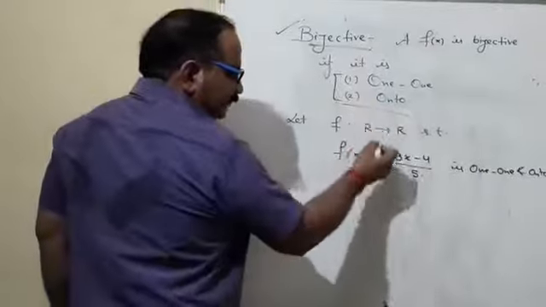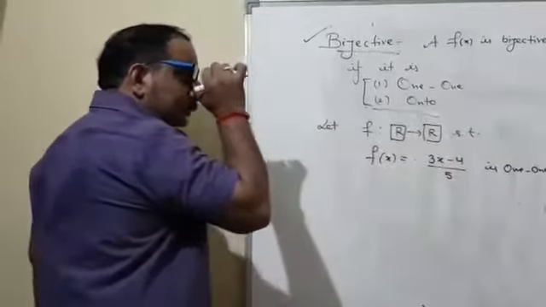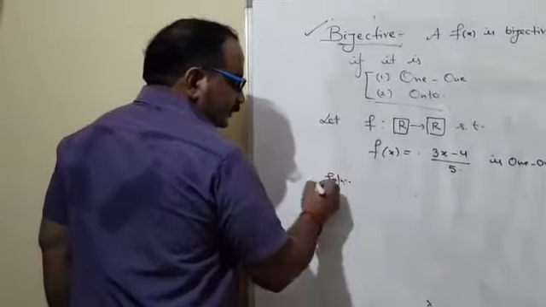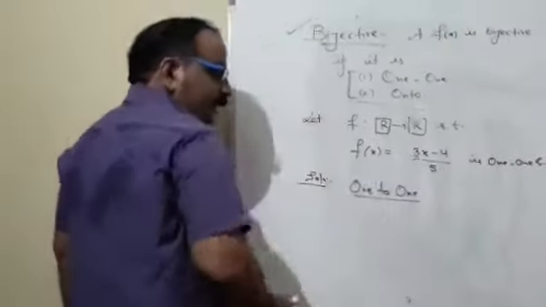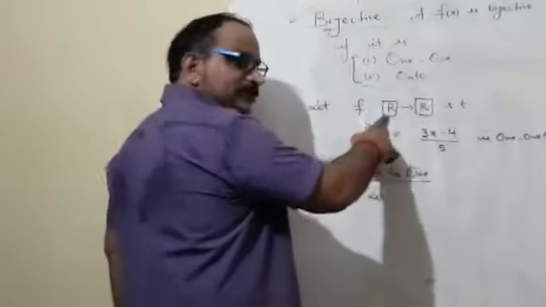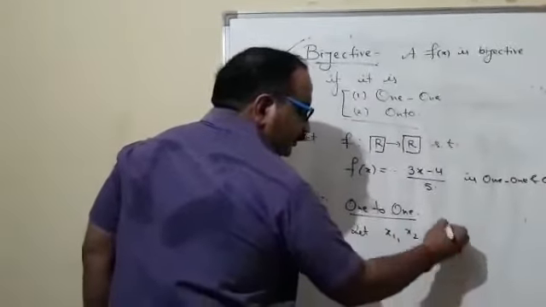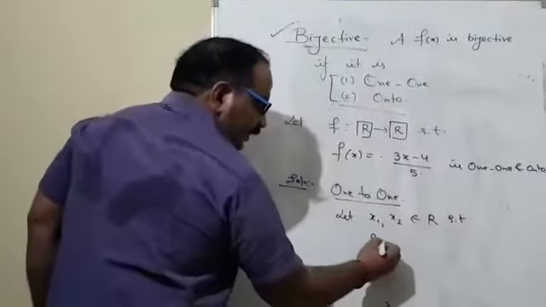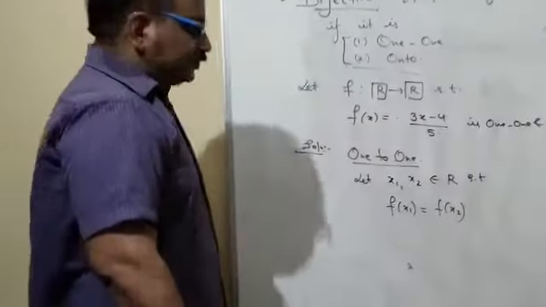That's very clear. In this function, the first portion is the domain and the other portion is the range. Our job is to declare the function is one-to-one and onto. So how can we proceed, just see guys. First of all, I am going to prove that the function is one-to-one. In case of one-to-one, we should consider two elements from the domain side, and the domain is the real numbers. So let x1, x2 be elements from the domain, such that f(x1) equals f(x2). That is the simple definition of one-to-one.